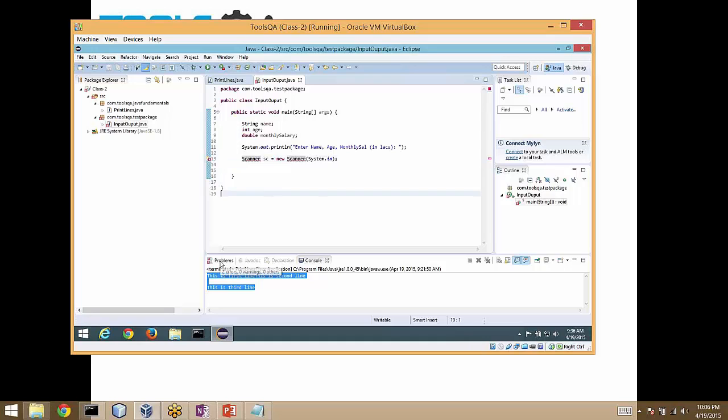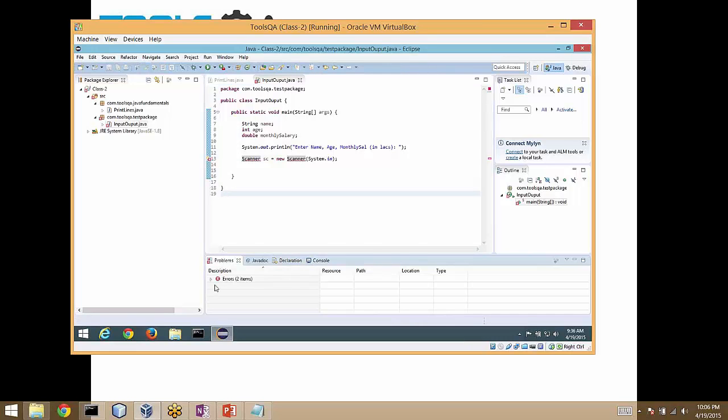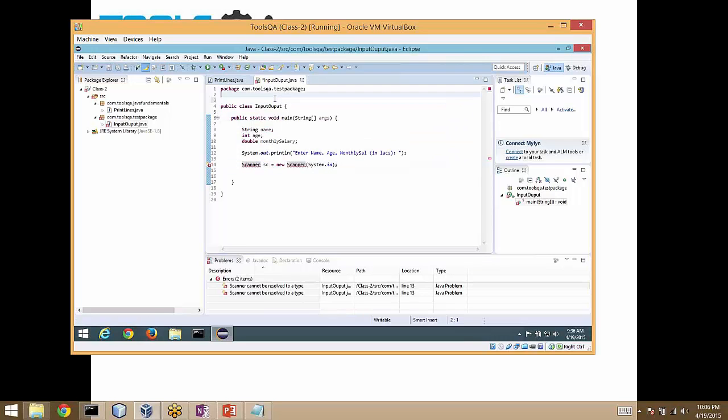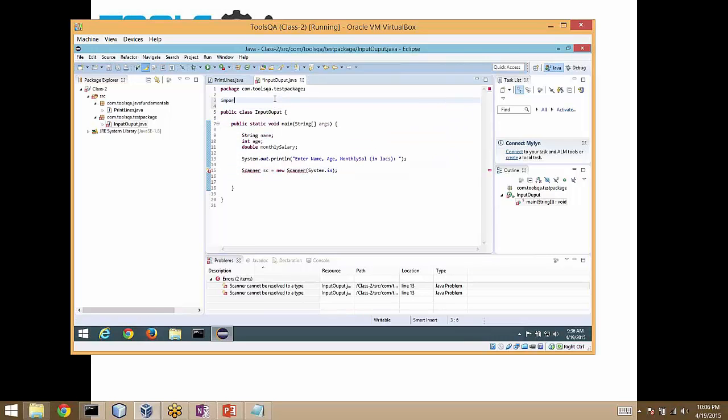At the bottom there is a view called Problems. If we go there, we can see there are two errors it is showing, and it says Scanner cannot be resolved to a type. The reason behind that is we are using a class which is defined in some package in Java, and we have not added any indication for the Java compiler that this class is being used from some package. So in order to do that, we will be using a statement called import